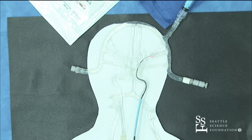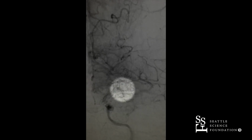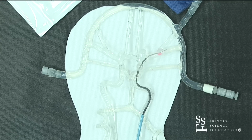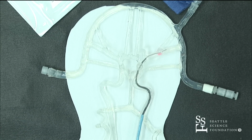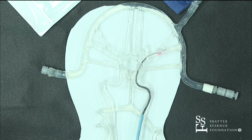And from the left carotid artery, I'm going to do a run. So when I see that video of that first image, we see the blockage in the left carotid artery, entering the middle cerebral artery. I'm going to have to take a microcatheter now and go through our clot. Once I've established that my catheter is in the right place, I'm going to remove my wire. I've passed my clot. I'm going to take my stent retriever, which is a device I'm going to demonstrate here. Once that device is loaded under X-ray guidance,